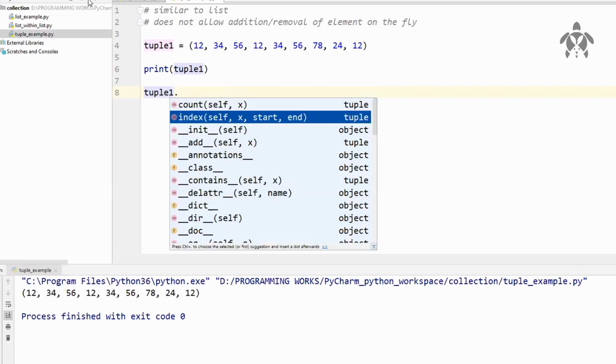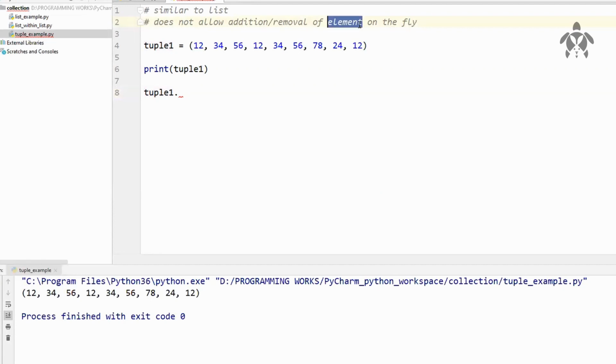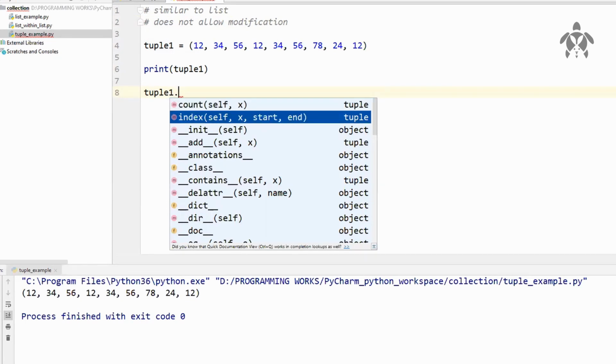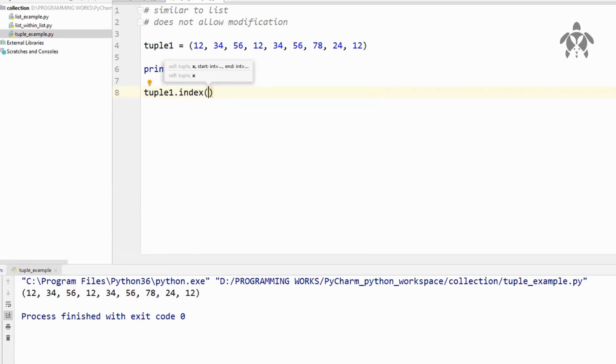It does not allow any modification at all. So what you have created will be just that. The only things you can do is count the number of occurrences of any particular element within it, and index. What is index? Index tells you the position of an element. What is the index of the number